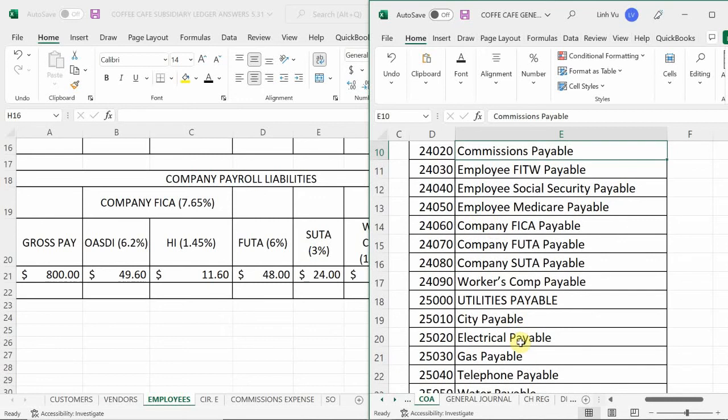Obvious enough, right? We got company FICA payable, and we got company FUTA, company SUTA, and company workers' compensation